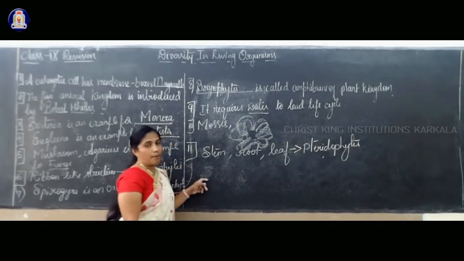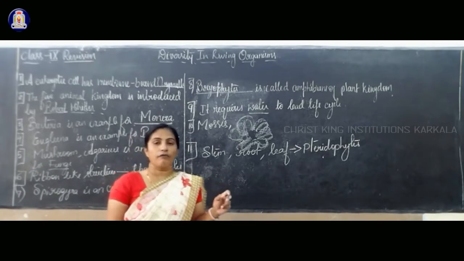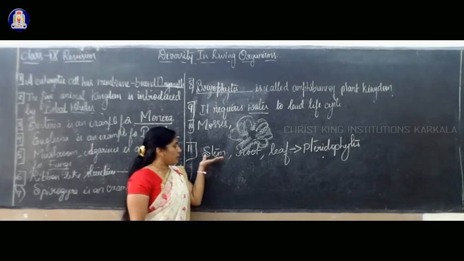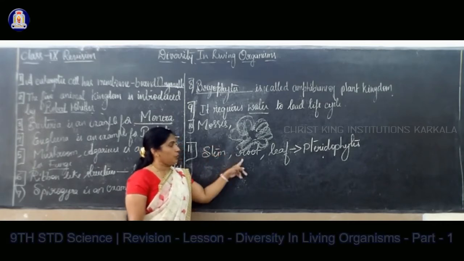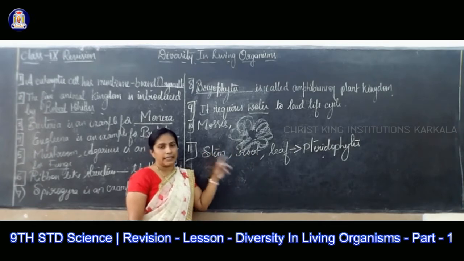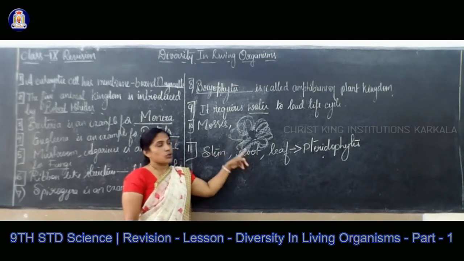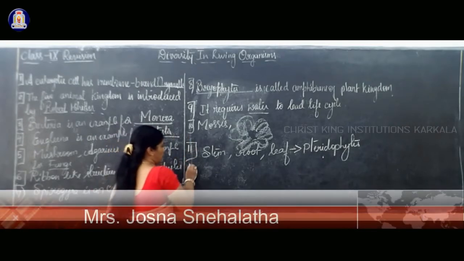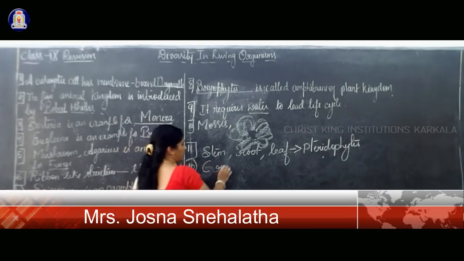Pteridophytes. Example, fern plants. All fern plants come under pteridophytes. Since they are plants with stem, root and leaf differentiation, they are the first terrestrial plants. So pteridophytes, thallophytes and bryophytes are called, there is a very important word,